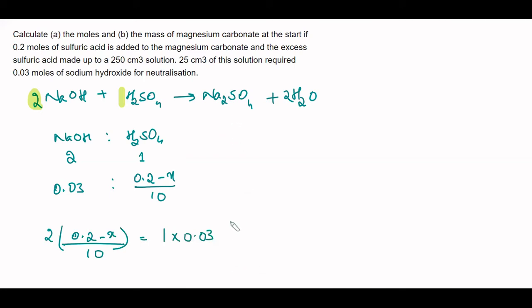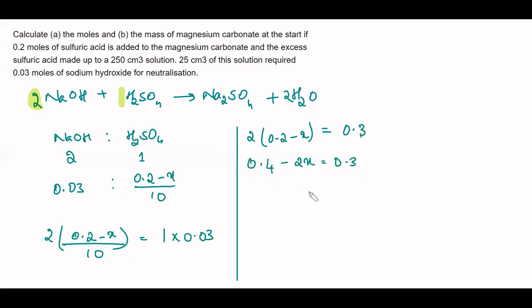So I'll be getting 2 times 0.2 minus X will be equal to 0.3. So 0.4 minus 2X will be equal to 0.3. 0.4 minus 0.3, taking 2X to the opposite side, 0.1 will be equal to 2X, I get X will be equal to